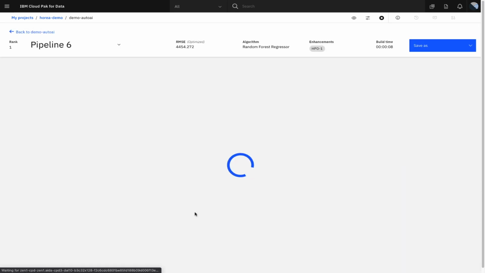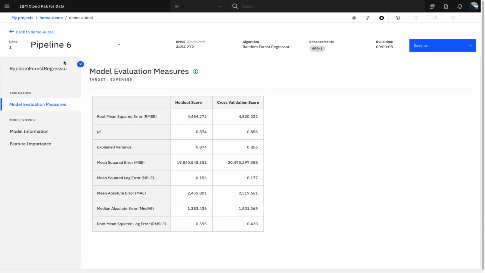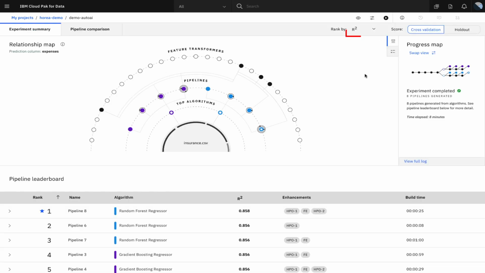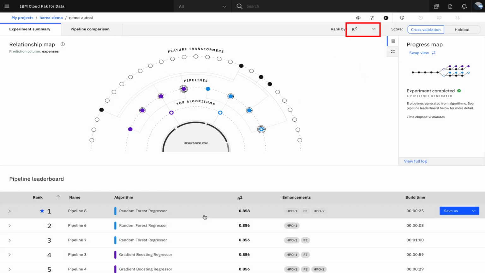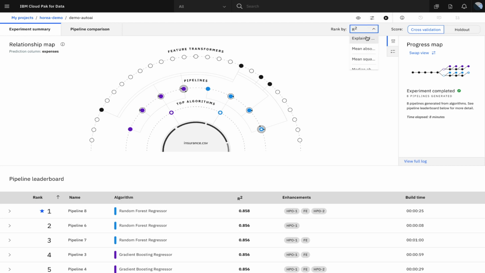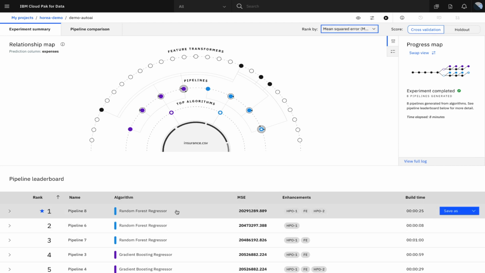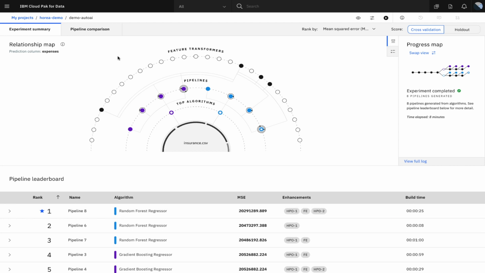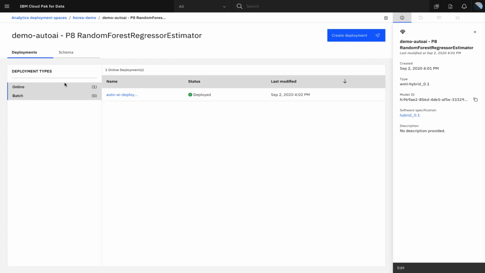We can see here in Auto AI, we can see our different pipelines being created. Here we can see the model itself. We can rank by different metrics such as R squared, root mean squared error. These are all different ways to see how well the model is doing once you feed it new data and test it with new data. You can see the algorithm too, using random forest regressor or gradient boosting regressor, and here we can save it as a model. So now we've saved it as a model and already deployed it, and once we've deployed our